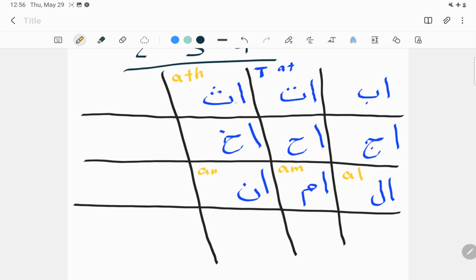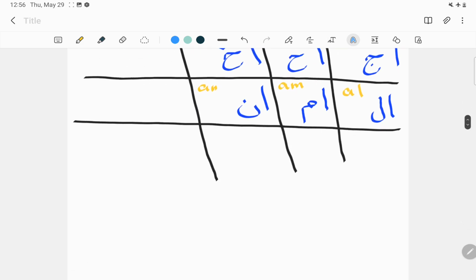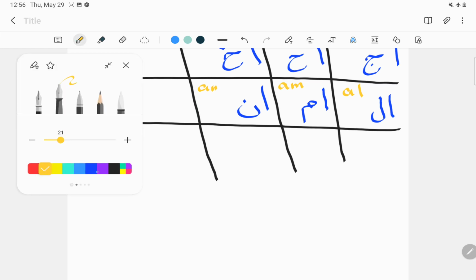Something you notice here is that we do not connect those letters no matter what. It's because alif does not get connected with the one after it. You see? It doesn't. Other letters do. For example,